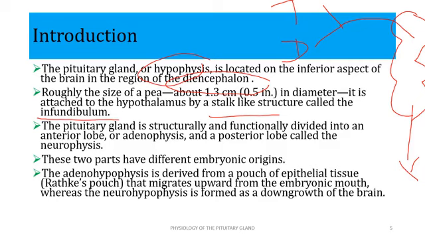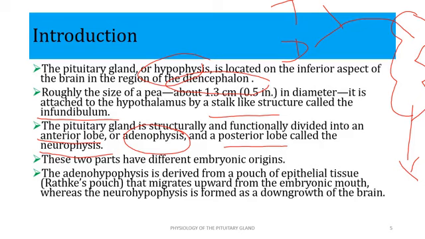The pituitary gland is structurally and functionally divided into the anterior lobe, known as the adenohypophysis, and the posterior lobe, which is called the neurohypophysis. These two parts have different embryological origins. Because they originate embryologically differently, they perform different functions. The anterior lobe produces hormones, while the posterior lobe does not produce hormones, but just stores the hormones of